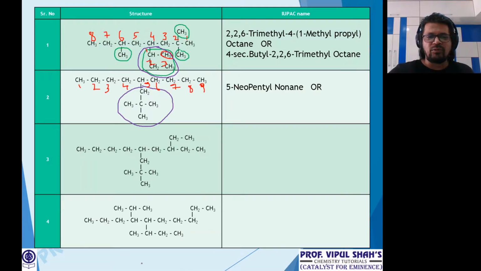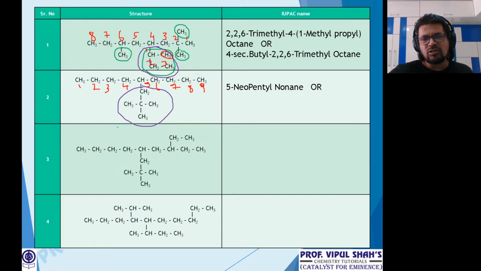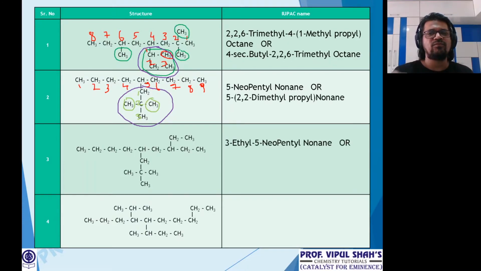But what if I have to give an IUPAC name to it? Then the IUPAC will go like this. Observe this part, everybody. Suppose I have to number it. At 5, where it is directly attached, from there I'll number. So this is 1, that's 2, and that's 3. So at 2 I have 2 branches. My naming will be: 5 hyphen in a bracket 2,2 dimethyl, skeleton of 3 propyl, bracket closed, skeleton of 9 nonane. So look at that, 5-(2,2-dimethylpropyl)nonane. Justified?